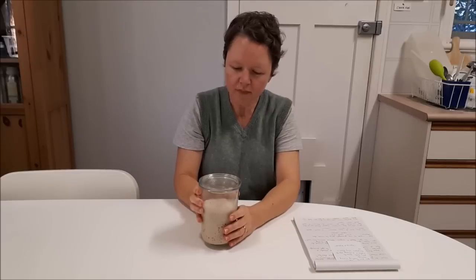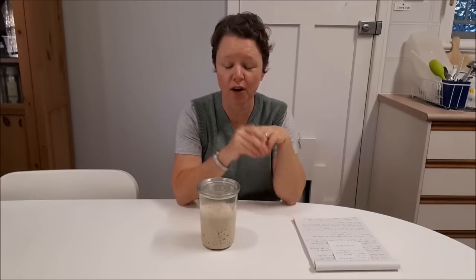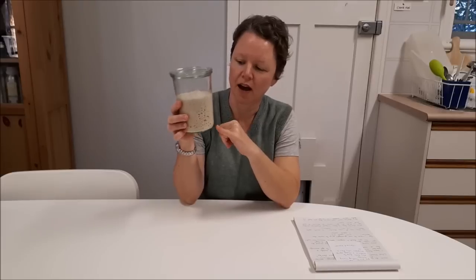So what happens is when the flour is added with water and mixed up to make a batter, basically over time, those yeasts and those microorganisms start to grow. So the yeast in your sourdough starter is what raises the sourdough starter and then what raises the bread. So the carbon dioxide which is formed, which is what makes the bubbles, that is one of the byproducts of the yeasts